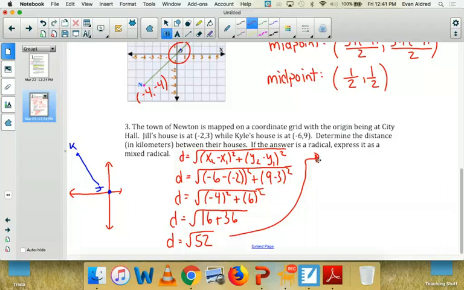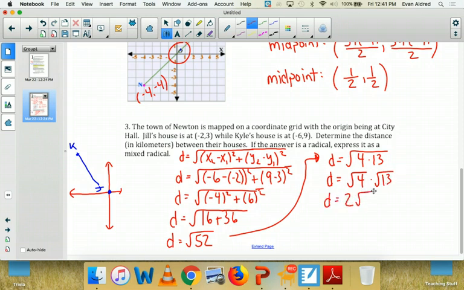So 4 is our biggest perfect square, but it still works, so we then have to take the square root of 52 and make it a mixed radical. So we know that it's 4 times 13, so our distance is the same as the square root of 4 times the square root of 13, which gives us 2 root 13. So therefore, the distance between their houses